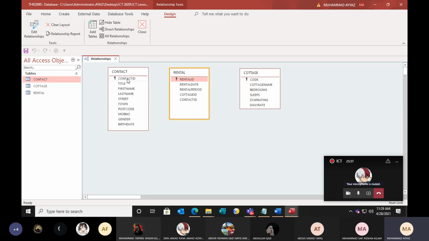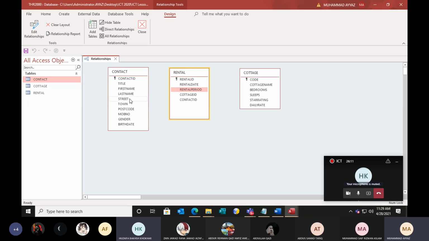Okay, we want to connect contact table with rental. So how will you start? Sir, you will drag it to the rental table. Which field do we want to make the relationship with? Which field do we want? From here to here.